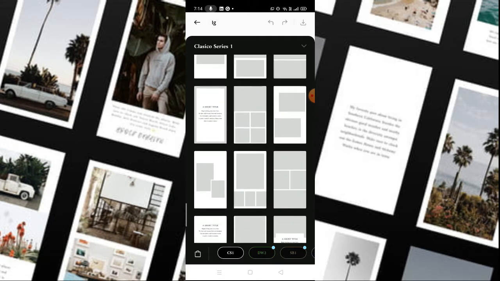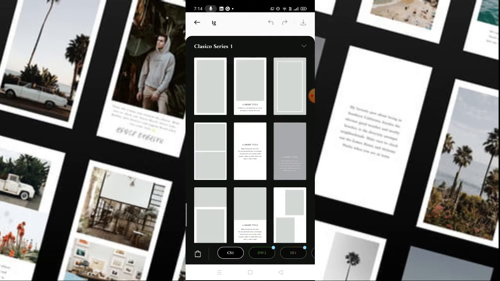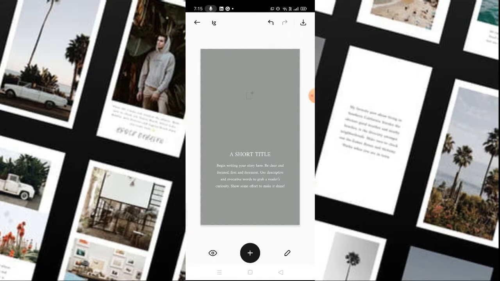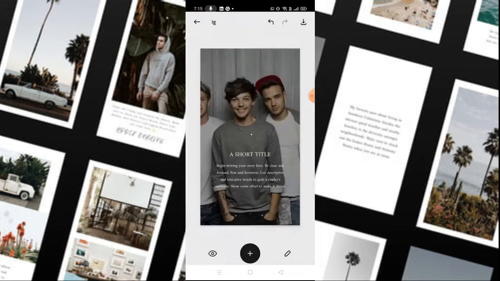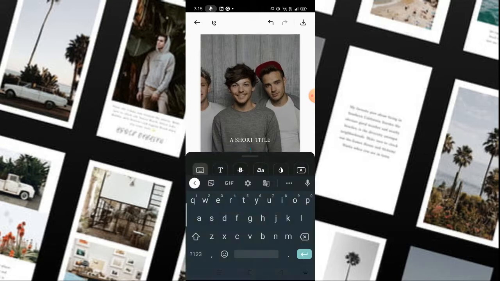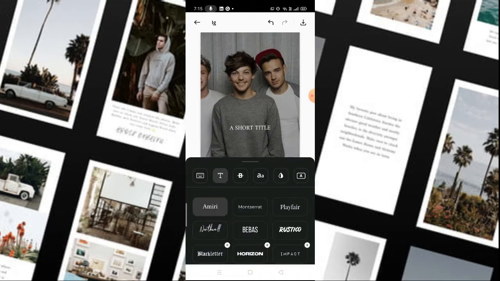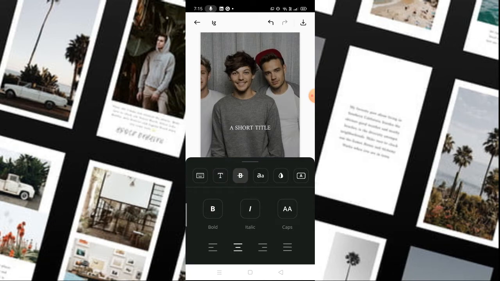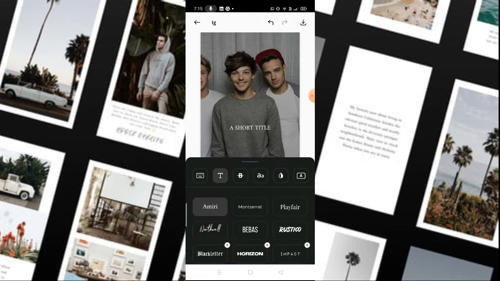So if you're a content creator who will be creating some quotes over an image as background, you can select that particular template. You can select your images from here, so you can write over the text. There are a lot of text templates also. There are a lot of styles also, which is very amazing. So you can have all the text settings from here, like small letters, letter spacing or line spacing.